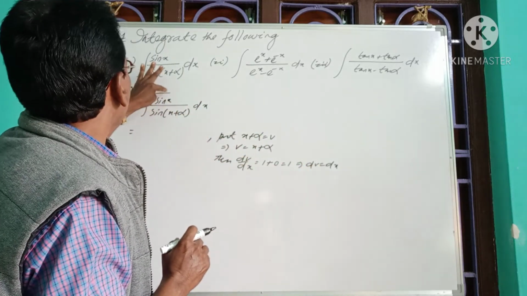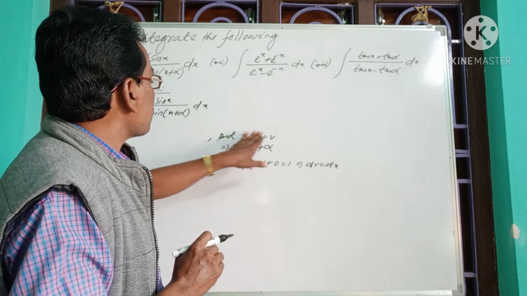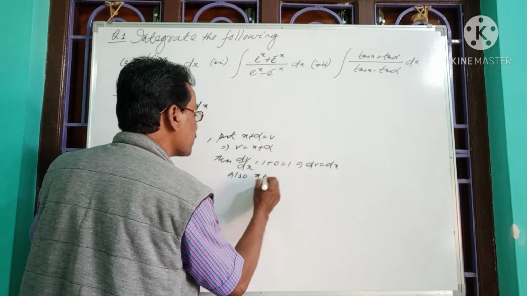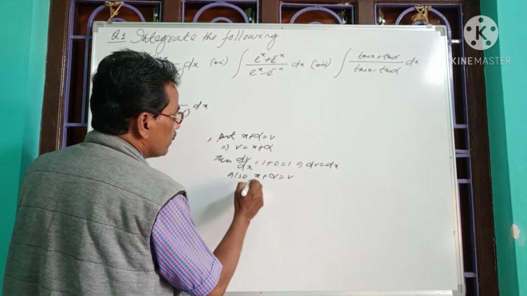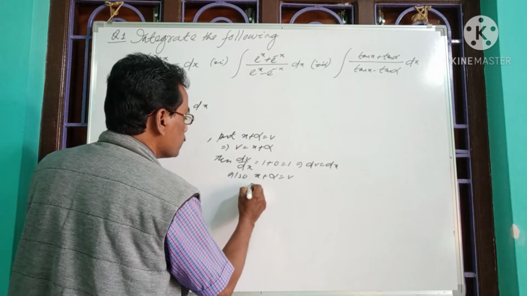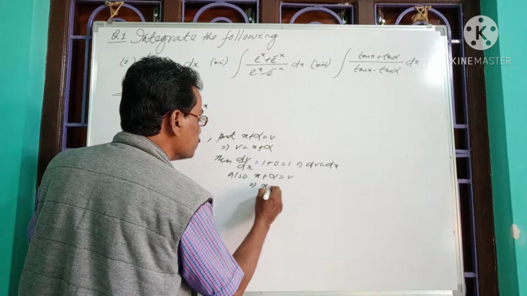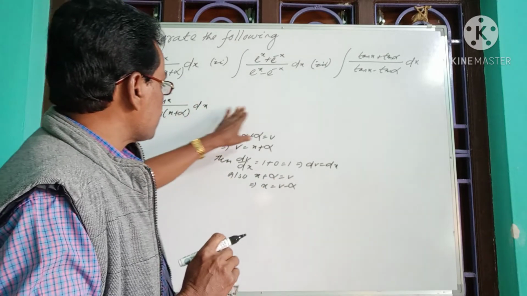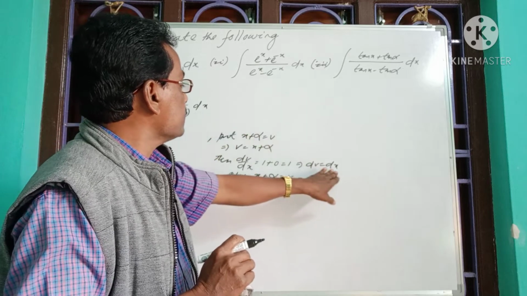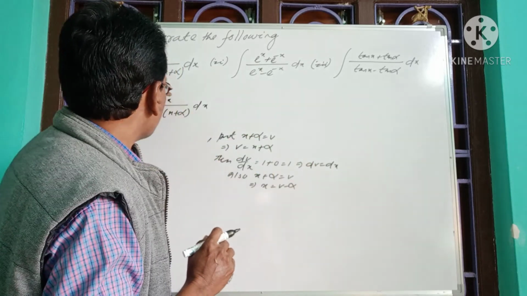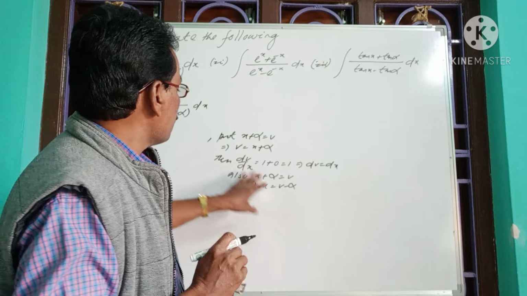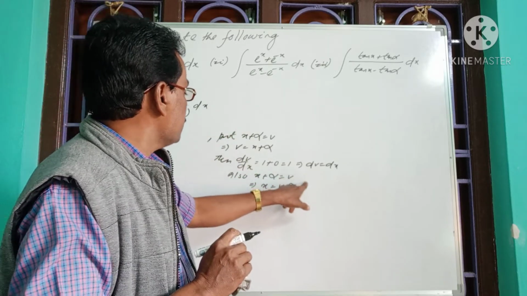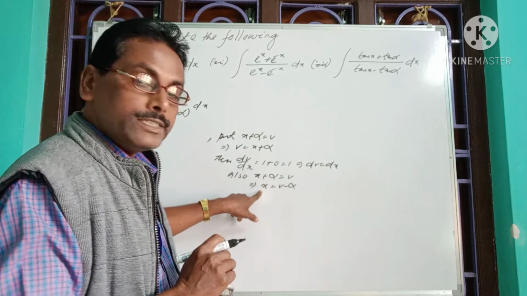Now, in sin x we have to transfer x in the form of v. We also have x plus alpha is equal to v. So replacing x, we get x is equal to v minus alpha. So we substituted x plus alpha as v, and differentiating, we got dx in terms of dv. Again, we have to transform x in terms of v, so we consider x plus alpha as v. Solving, we have x is equal to v minus alpha.